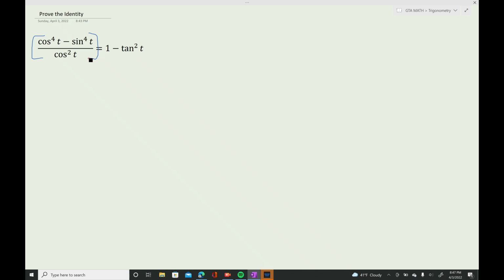So the first thing I'm going to do is say, okay, I see a binomial to the fourth root right up here. And I know that this can be factored. So what I'm going to do is factor it out. I'm going to take cosine squared